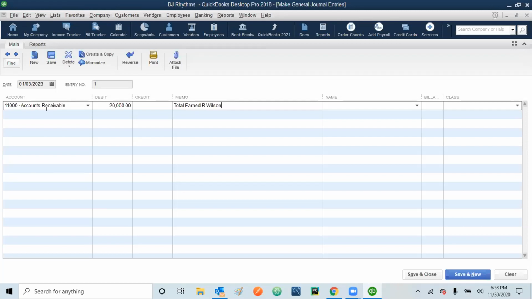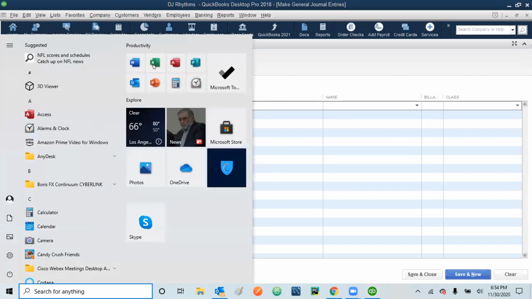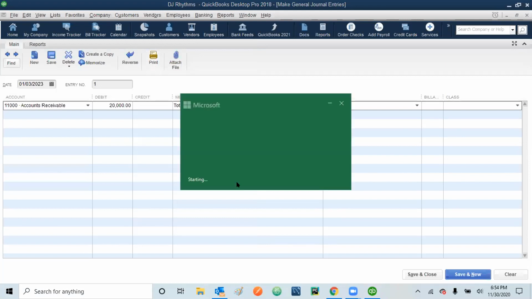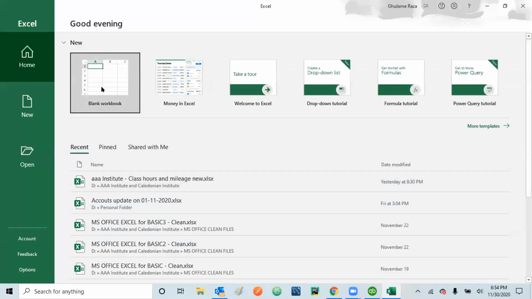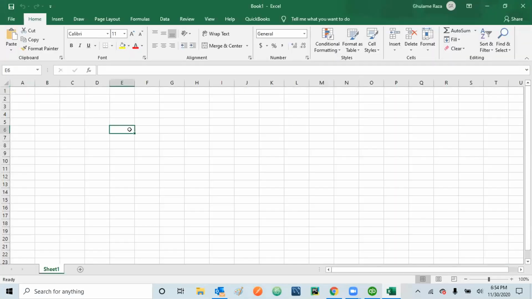If you remember, I told you, let me show you, just to give you the idea, in the very first class when we were discussing assets, I told you if your assets go up, you will update it on the debit side, right?